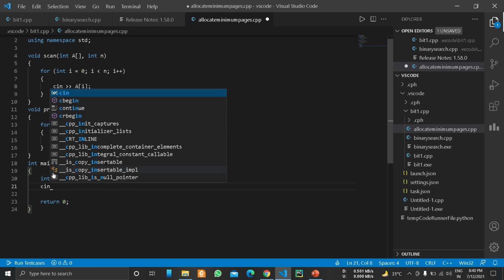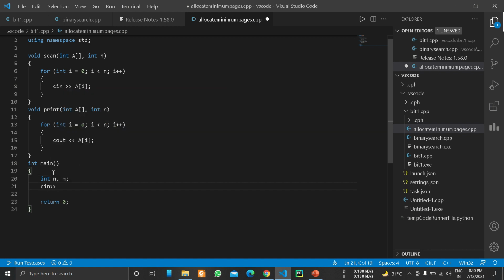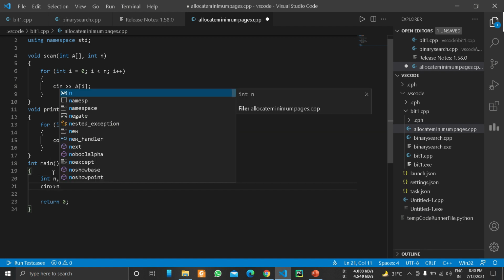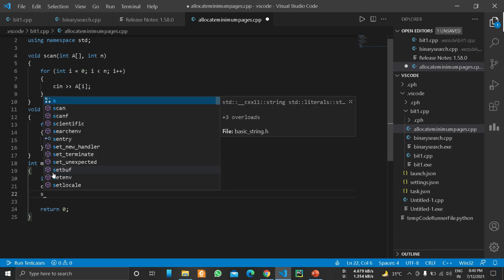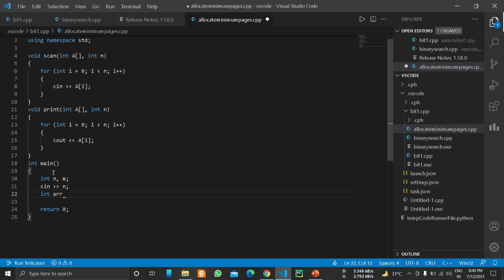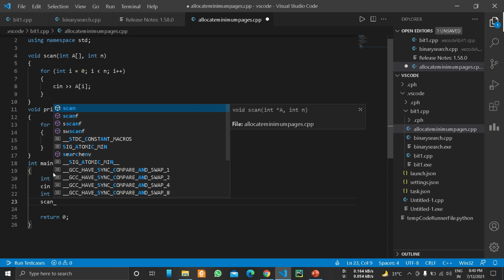We will take input first n, then array arr of n, then scan the array.